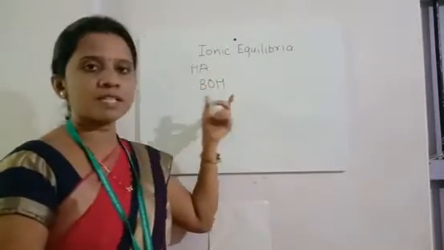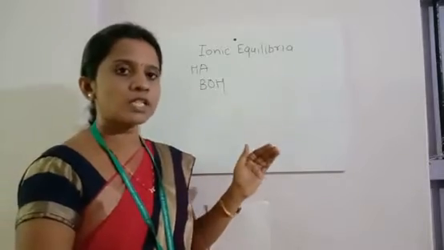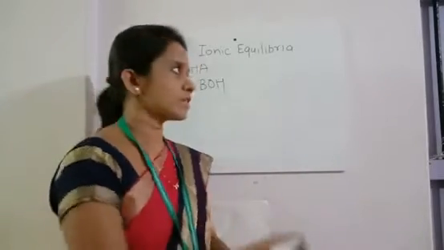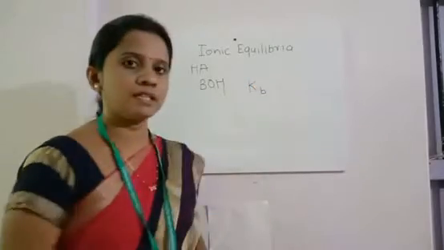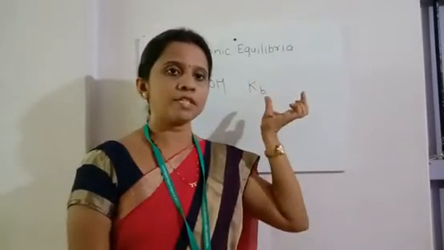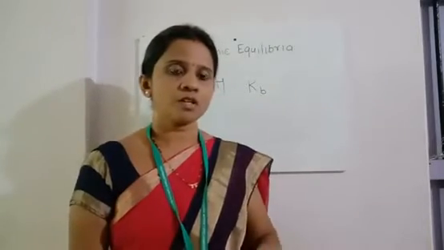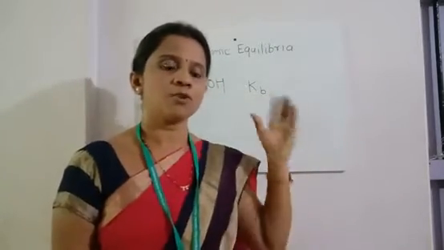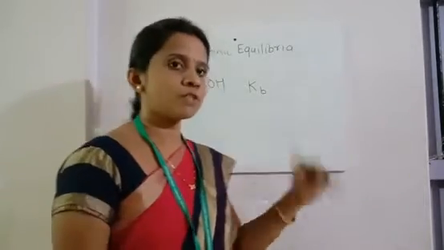Weak base is represented as BOH, and the dissociation constant for weak base is Kb. So Kb is the dissociation constant for weak base. The same derivation for this weak base is also the same, and the final expression will be